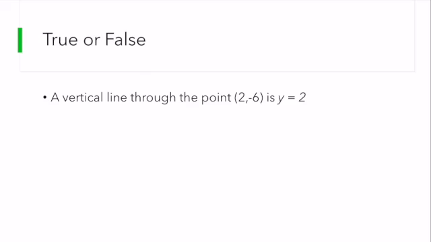So, true or false? A vertical line through the point 2, -6 is y equals 2. Okay, so one thing we want to use is all the tools in our toolbox. A great place to start would be to envision this point in your mind. We have where x is 2, y is -6. We'll just pretend we got there. Right, so here's our point where x is 2 and y is -6. And it says that a vertical line through that point